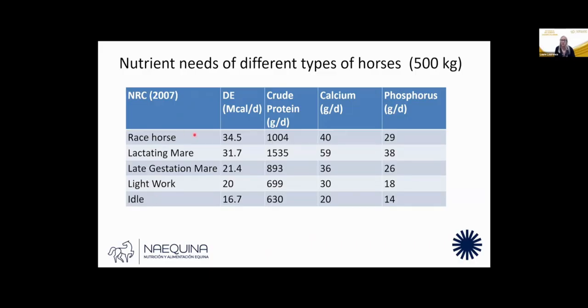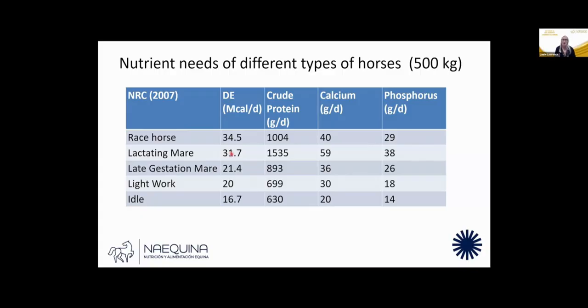So I'll start with the racehorse. The racehorse requires somewhere in the vicinity of 35 megacalories of digestible energy per day, around 1,000 grams of crude protein, around 40 grams of calcium, around 29 grams of phosphorus. The lactating mare is right below the racehorse in terms of energy because she's putting a lot